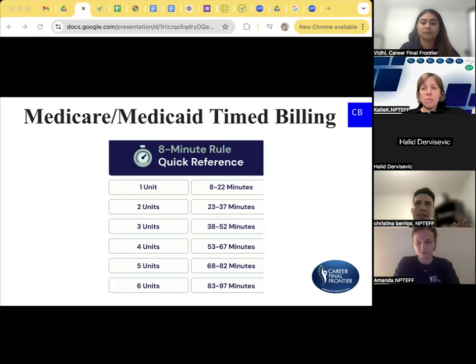And some places in the outpatient, like Fox Rehab, do a lot of Medicare, Medicaid 8-minute rule billing type criteria too for their population. So the billing is a little bit easier in inpatient hospital and inpatient rehabs in my experience because we use this, but we do still try to keep up with being able to correctly identify what goes into what category so that you can do PRN at an outpatient neuro clinic or another location where that kind of stuff is more important. So this is super easy to find online. We do it all the time. We have it printed and posted all over the office, and it's easier for sure.